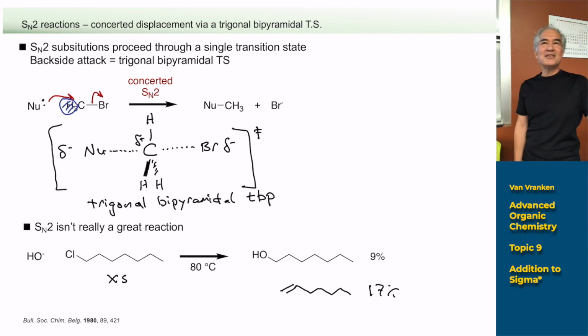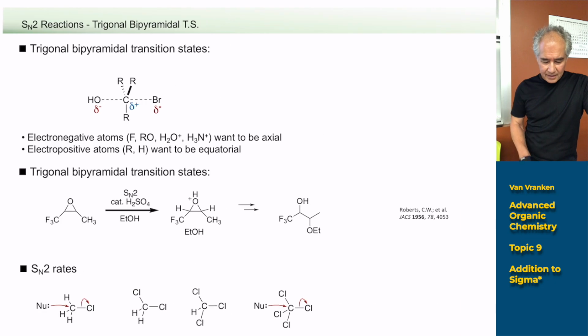So if it took you 10 steps to make your alkyl chloride, you don't want to be using 10 equivalents of that and throwing it away. If somehow you had to pay for that alkyl chloride and it costs $4,000 a gram, some reagents do, you don't really want to be using 10 equivalents and wasting it forming the alkene. Because I'm sure it took a lot of work to make this carbon-chlorine bond somehow, and then throwing away that powerful bond to make an alkene is a waste of reagent. Okay, so SN2 isn't great, so we'll spend a little time talking about SN2, but really the important thing is to